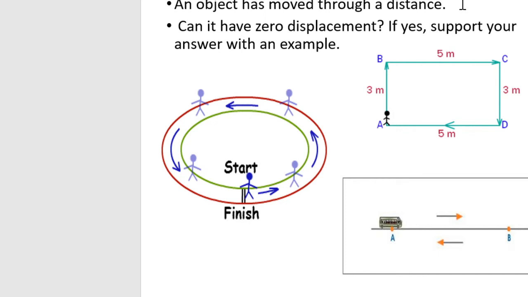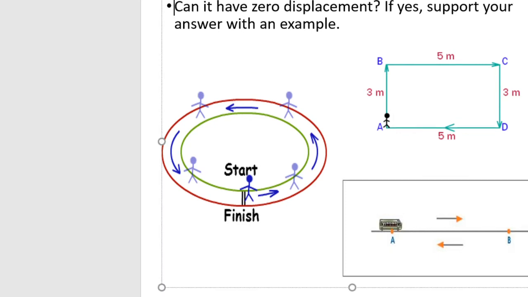So let's say we don't need this. Now the question over here: I have shown you different tracks here, right? This boy starts from here. This is the start line. He takes a circle and comes back to the finish line. So is there any distance or is there any displacement? Means you're going to talk about what is the distance and what is displacement.